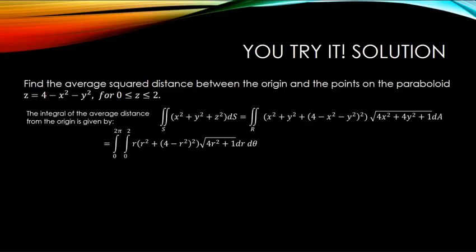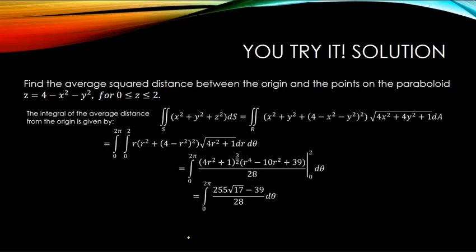This allows me to write this as an iterated integral from 0 to 2 pi of the integral from 0 to 2 of r times the quantity r squared plus the quantity 4 minus r squared, squared, times the square root of 4r squared plus 1 dr d theta. I compute my inner integral, and I get the outer integral is equal to the integral from 0 to 2 pi of the quantity 4r squared plus 1 to the 3/2 power times the quantity r to the 4th minus 10r squared plus 39 divided by 28 evaluated from 0 to 2 d theta,